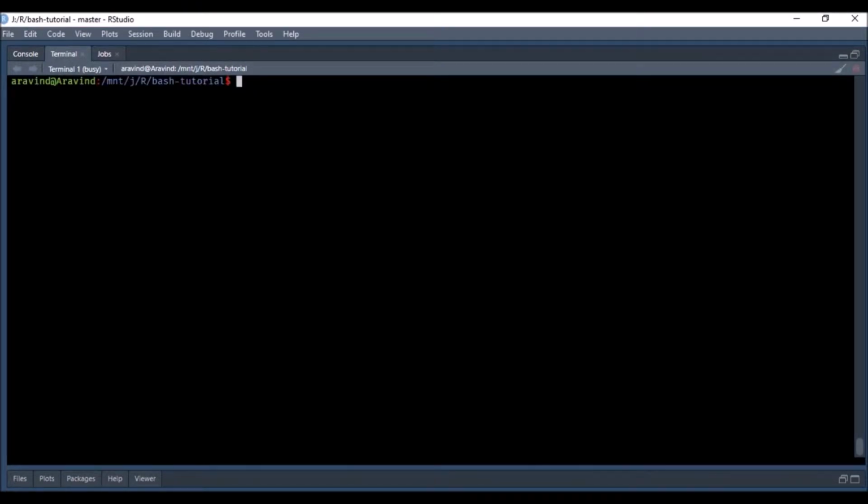I'll clear the screen. Now we'll use sudo to install the zip package, and we'll use that for dealing with zip files. So let us do that. Sudo apt-get install zip. It will ask you for the password,